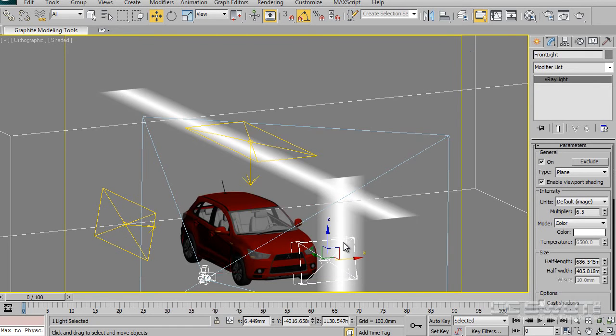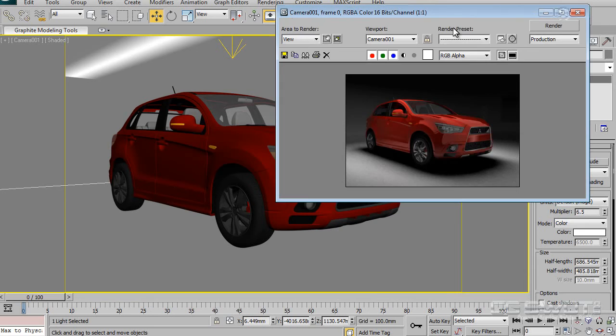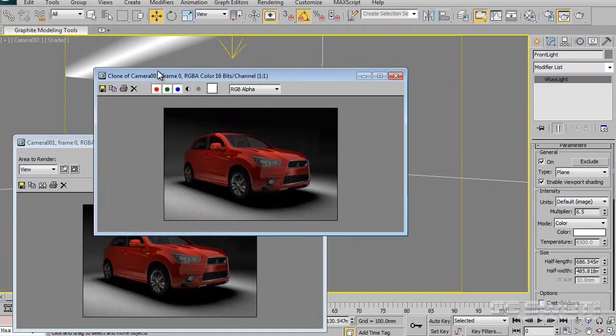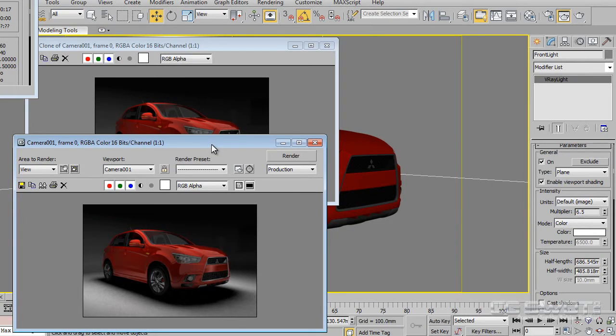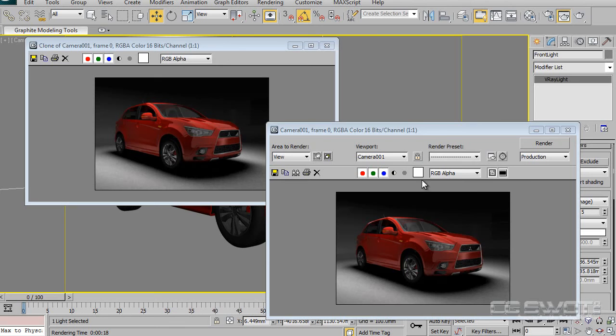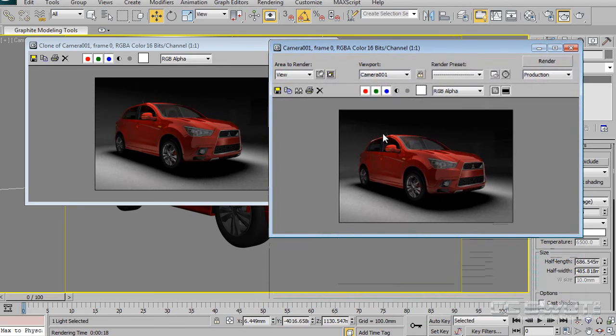We'll go okay. So let's give that a little bit of a render. We'll show the last render and then clone it and then re-render. I think it's valuable to show you the differences we're implementing as we go along. And straight away, you can see the windshield here has a lot more reflection happening at the top. And if I put those side by side, especially back here on the back of the car, there's another reflection